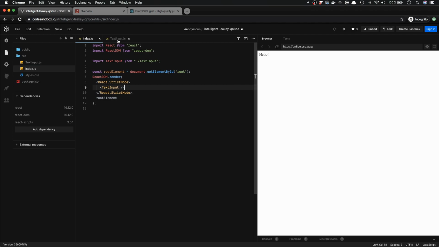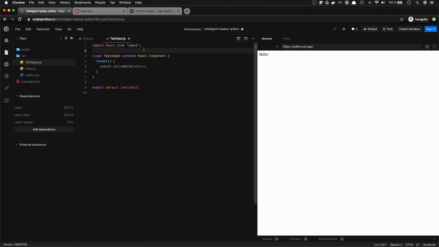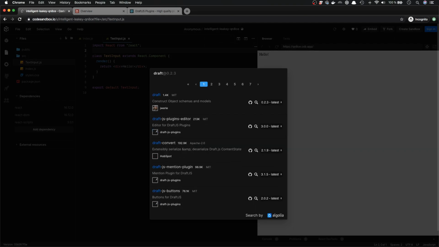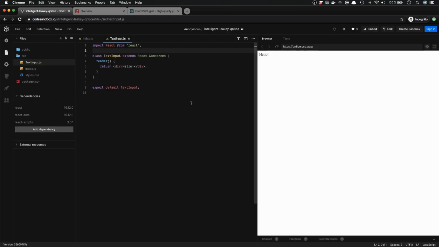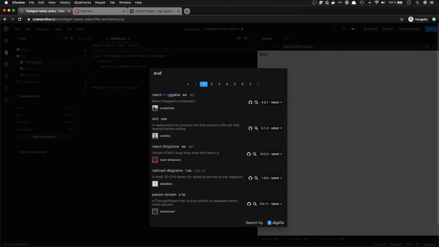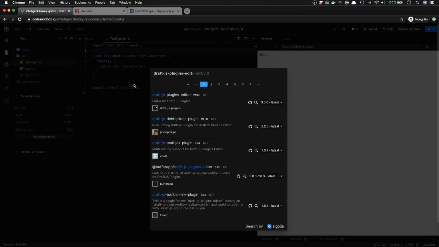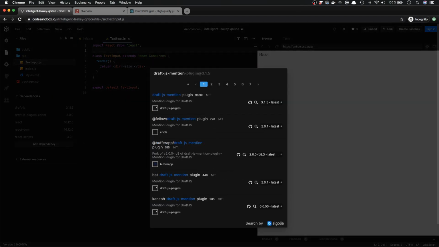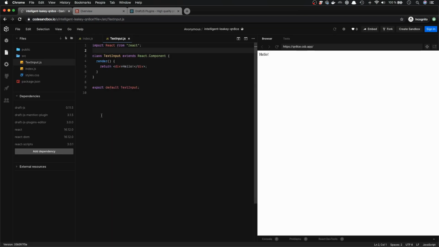Great. Now let's open the text input file, and as we discussed, we need Draft.js and the mention plugin for our editor. So first I'll add them as dependencies, and in Code Sandbox we can do it from the Dependencies section with the Add Dependency button. And first we'll add Draft.js. And for the mentions we need the Draft.js plugins editor. And the mention plugin. Good. Now we have our